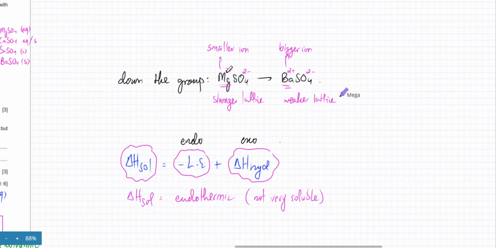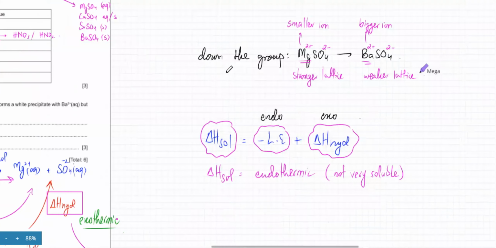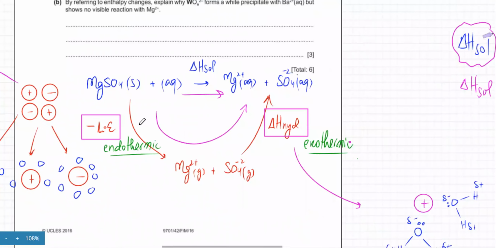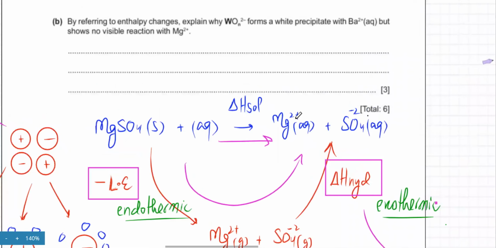So when you move down the group, two things happen. Not only does the lattice energy decrease because it's a weaker lattice now, and it would be a lot easier to break, but the ion would be bigger and it would not be attracting water molecules that strongly. So even the enthalpy of hydration would decrease. So what you're going to write over here is,